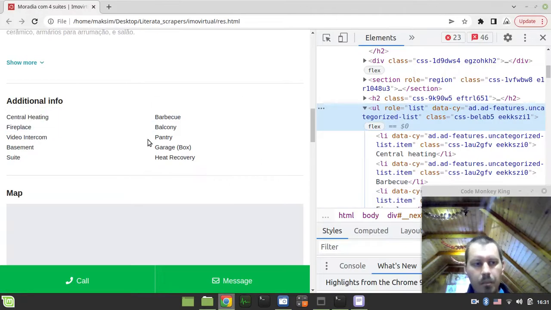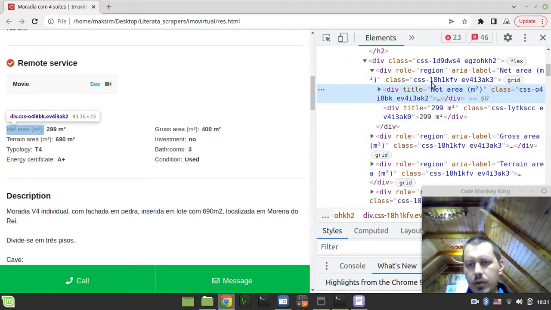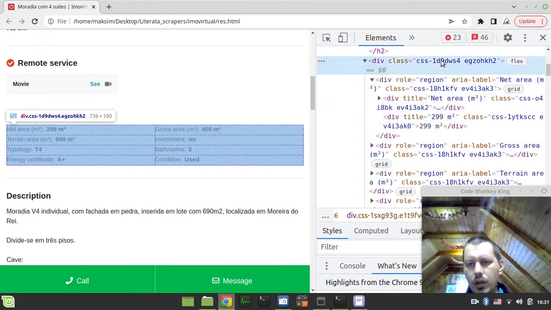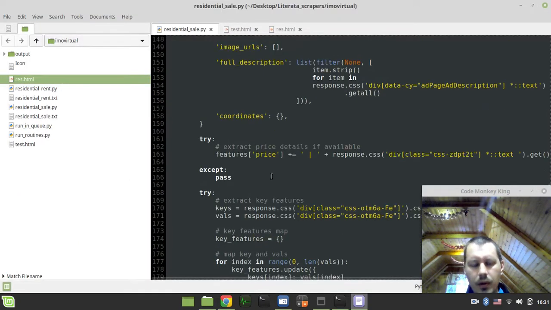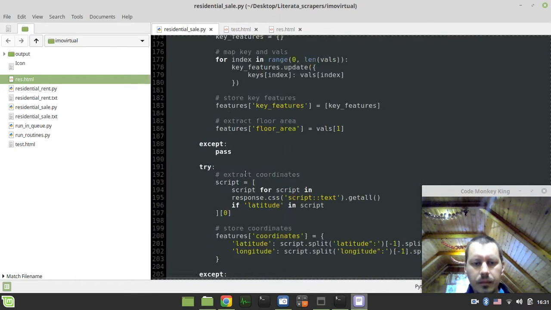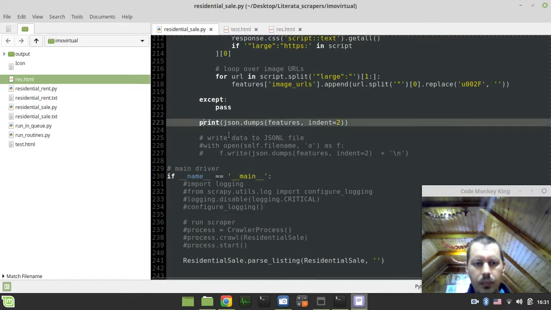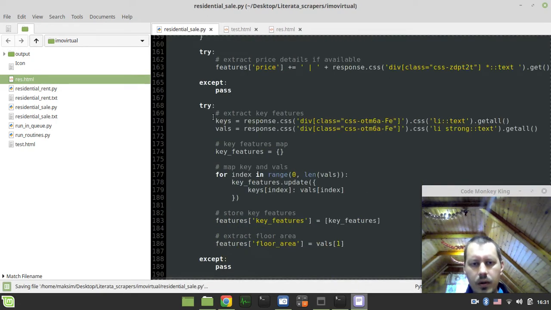So let's drop back to this one, and I will rewrite this logic from scratch. So let's start with this div first. Let's start with this div. So I want not printing anything for now, and keys and values.